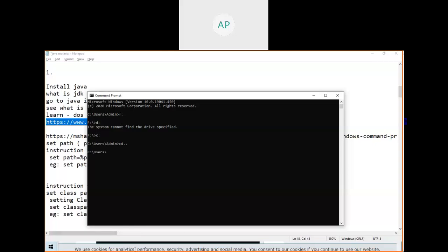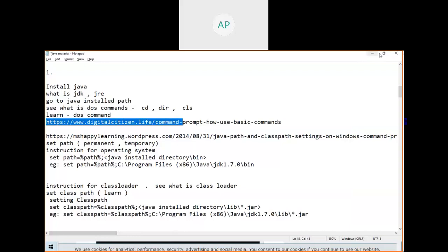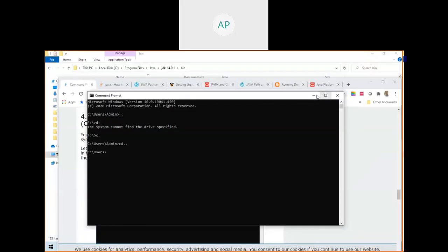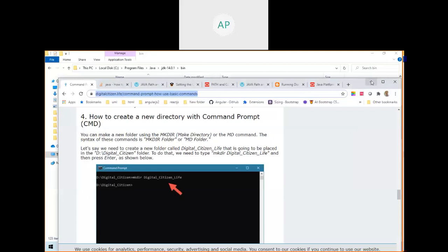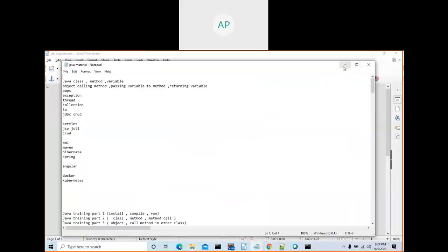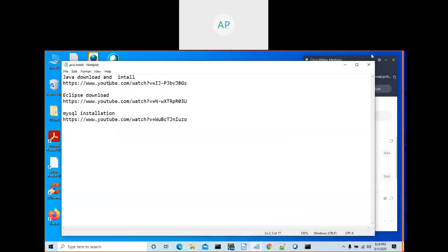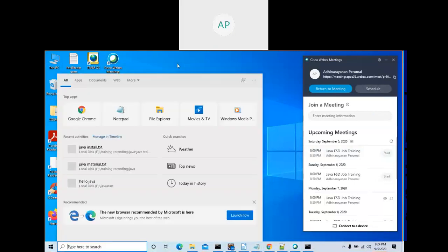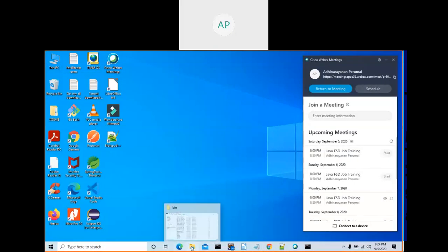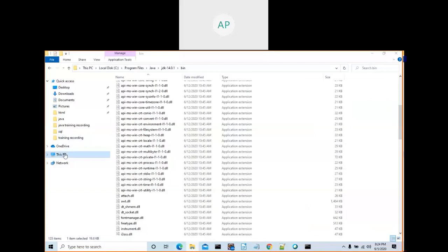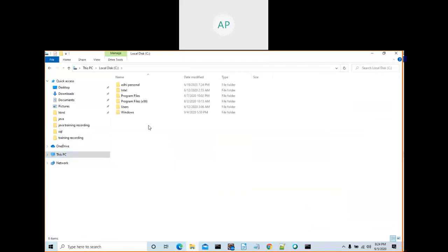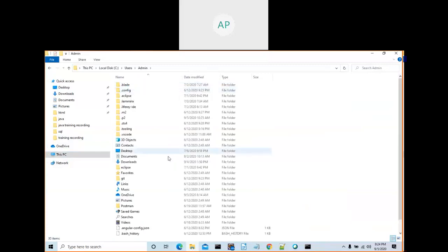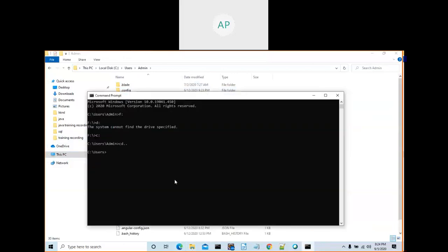In Windows, how will you navigate using the GUI tool? Go to the admin folder in C colon. Windows has a GUI tool. Before that there was no GUI tool; they used the DOS command prompt, and now we are using the mouse. By using the mouse you can go to This PC, C colon, Users, admin, and see the files, or else I can use DOS commands. It's the old way of doing it.